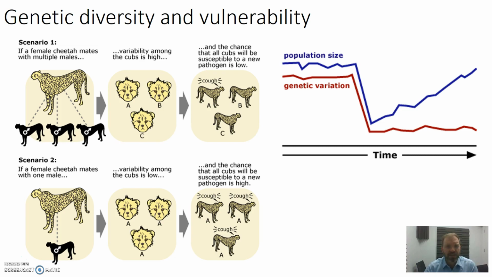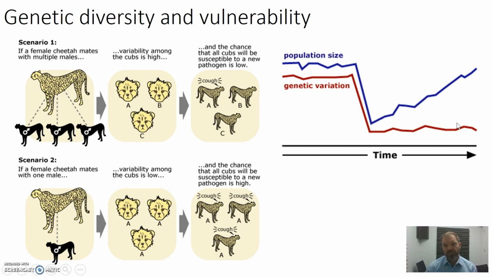But even with that, we have a number of threatened species like cheetahs, for example, and we think, well, we could save them through captive breeding. But it's not as easy as it looks, because one of the issues, as you can see here, is that genetic diversity drops rapidly with population size. So the gene pool gets much smaller as the population gets smaller. That's what we'd expect. If you breed up from a small population, even though your population size might increase, the genetic diversity doesn't increase very rapidly.